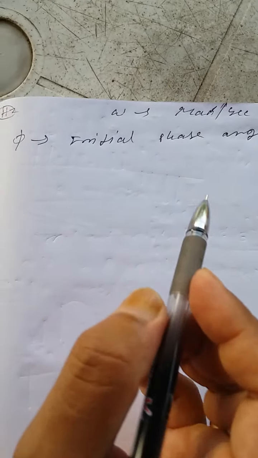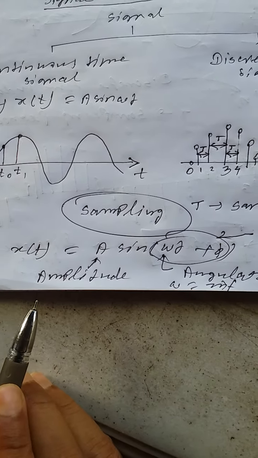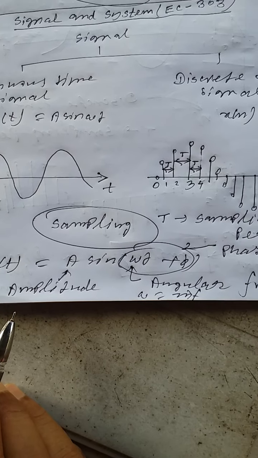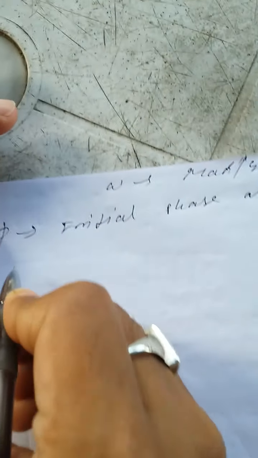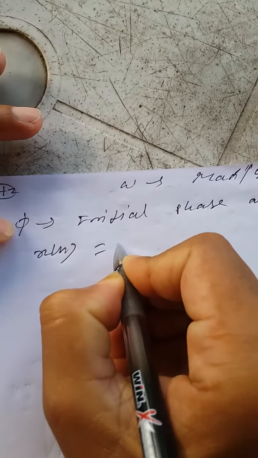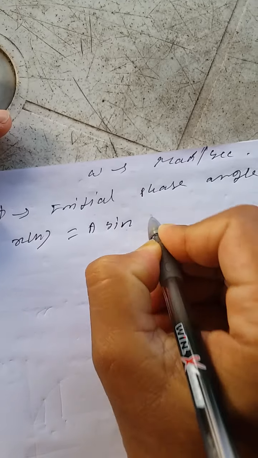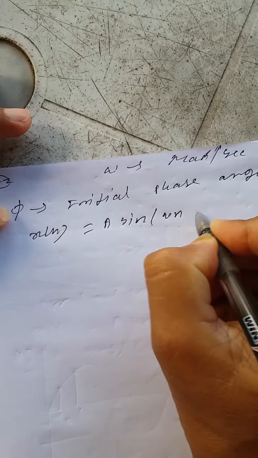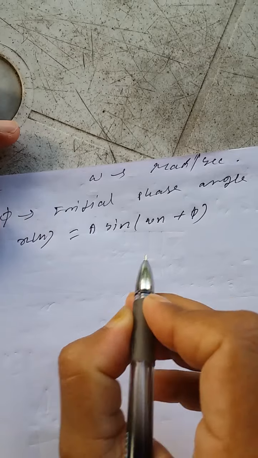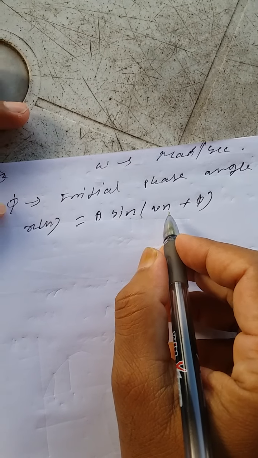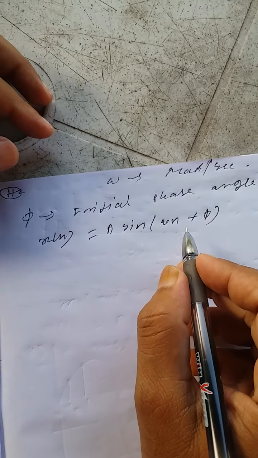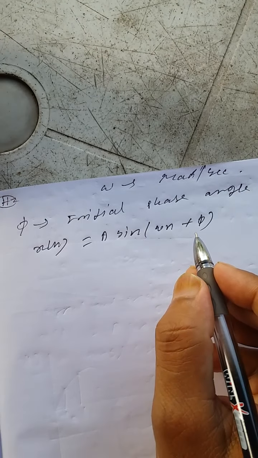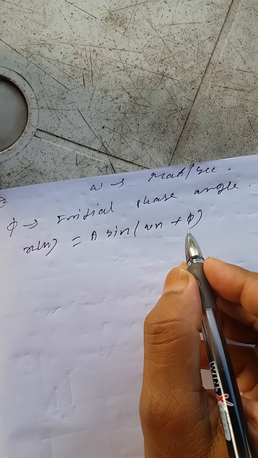So just remember this thing, all the portion of a signal, of a continuous time signal. This is also valid for a discrete time signal. A discrete time signal is represented by x[n] equal to A sin(omega n plus phi). Here n is the discrete time index. Remember that n is an integer value. It may have a negative integer, 0, or positive integer value,